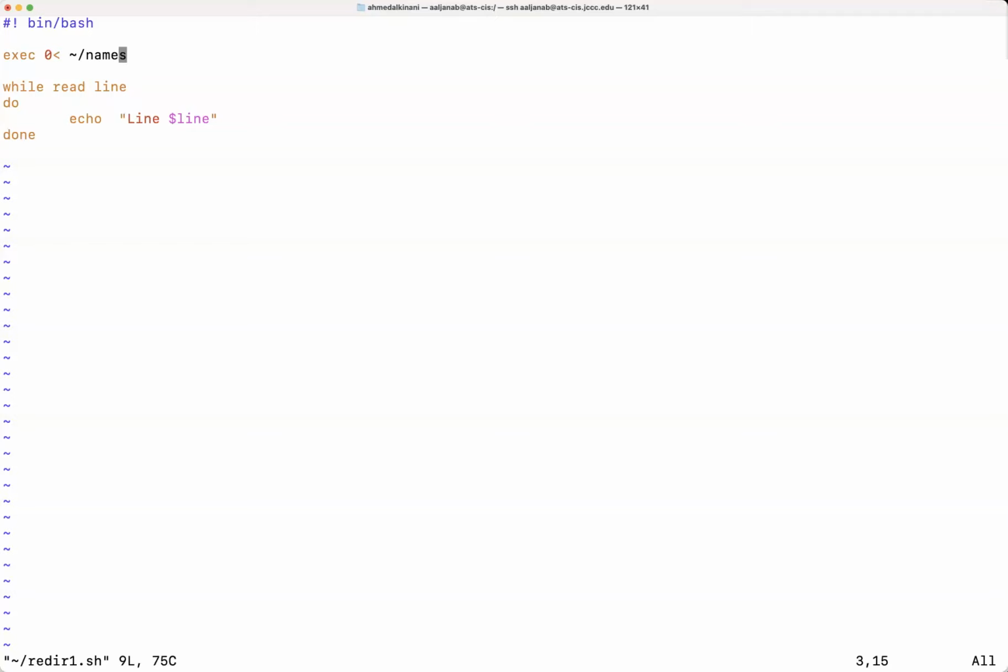And those file descriptors that are available for you go from 3 to 8. So you've got 3, 4, 5, 6, 7, and 8. There are, again, a total of 9 available file descriptors that you can actually use. So the question is, how do I actually use them? Well, it's very simple and very straightforward. Let's go ahead and have a look at that.